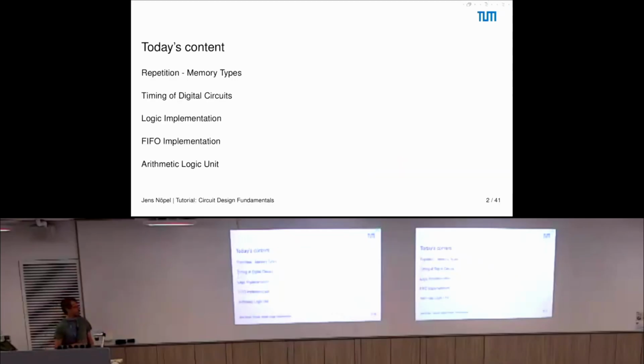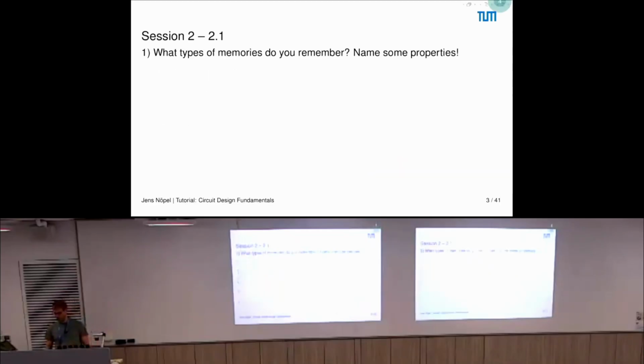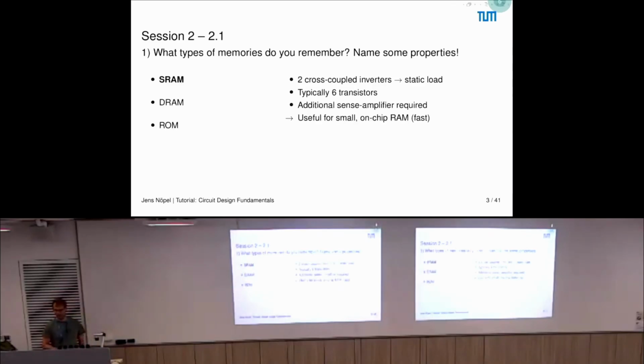So we repeated some memory types, which are namely SRAM, DRAM, and ROM. So SRAM are two cross-coupled inverters. So they have a static load, consists of typically 6 transistors, and for the readout, they usually also need some sense amplifiers. So SRAM usually is very small and can be on chip, which makes them very fast to access. So for example, they are used in caches,